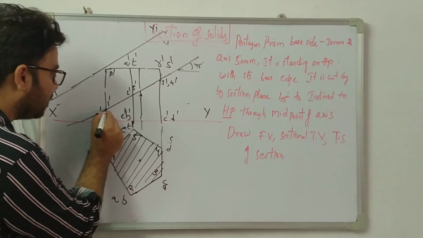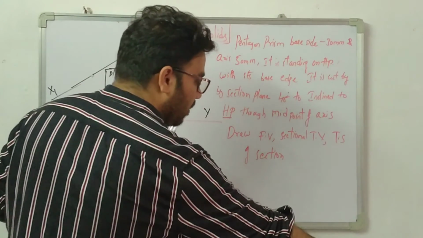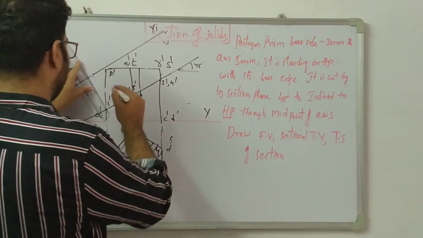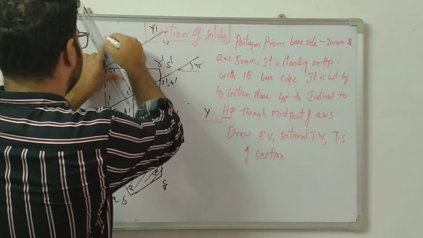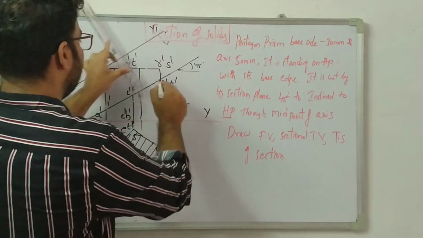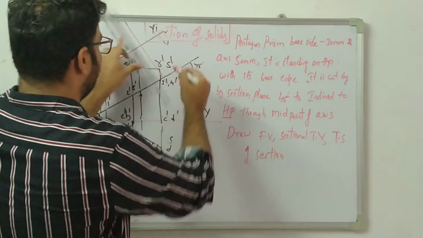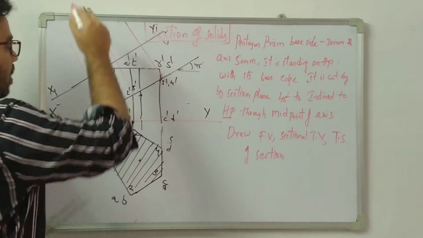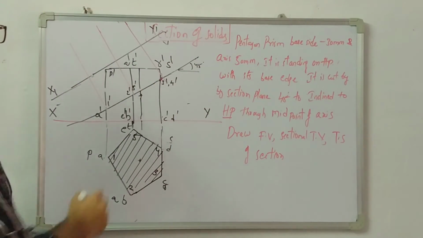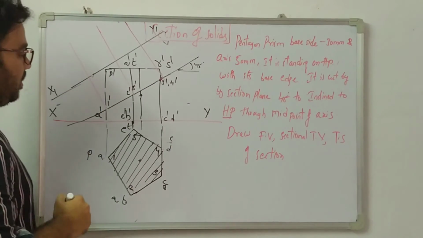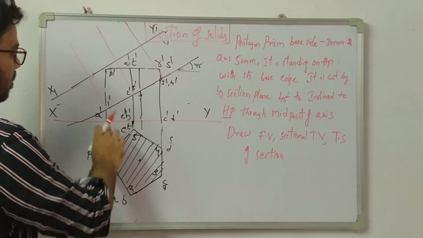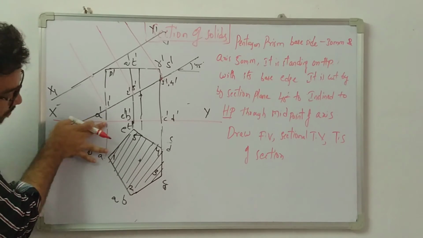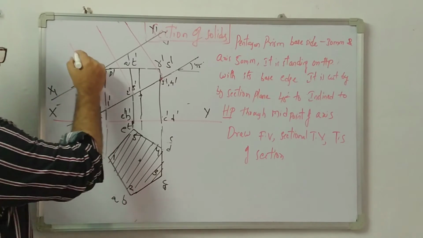So this cutting point is located here, 1 dash is located here. From there onwards I am drawing a projection line upwards. Similarly 2 dash also a projection line, similarly 3 dash also a projection line. These are the projection lines I have drawn. Now see here, I get a true shape of the section here. So this one is located here. So simply draw from here to here, measure in the compass and project here. This is the one.